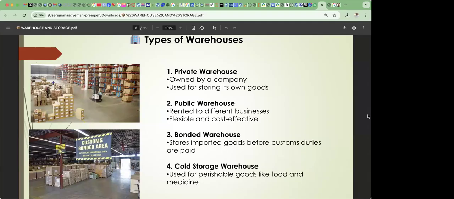Okay. So these are the three or four different types. There can be other types depending on what it is used for. One can be particular warehouses used for